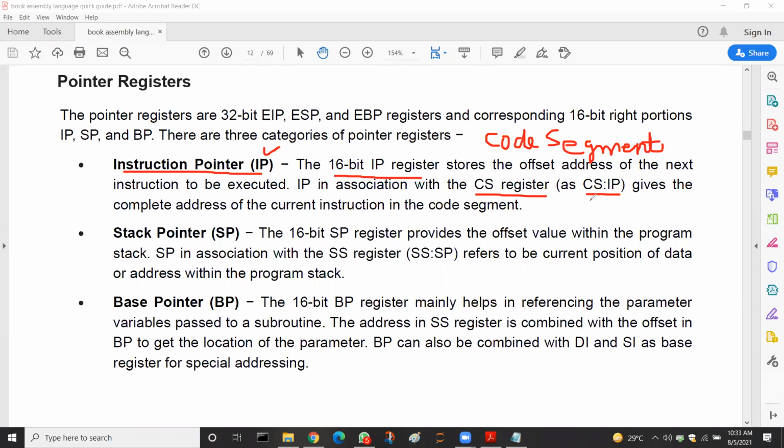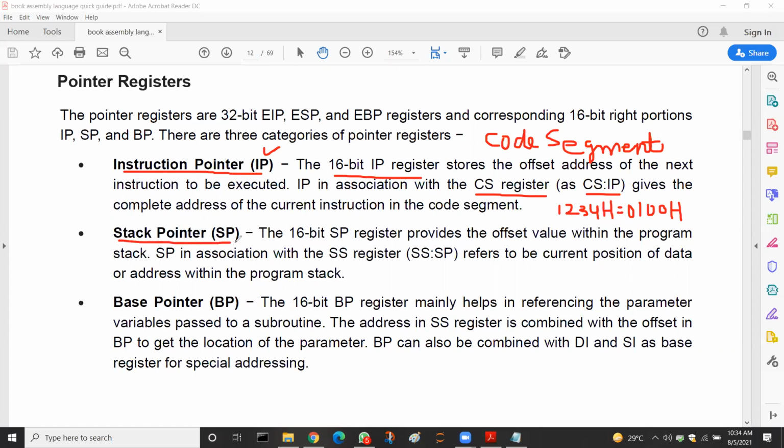So CS contains, एक example लेते हैं, जैसे 1, 2, 3, 4 hexadecimal, and similarly colon, and the offset address is, let's say, 0, 1, 0, 0. So this way the address is specified on paper, and computer primarily uses it in a binary format along with the different circuits जो इसके अंदर मौजूद होते हैं। हम इसको कैलकुलेट करना भी सीखेंगे।